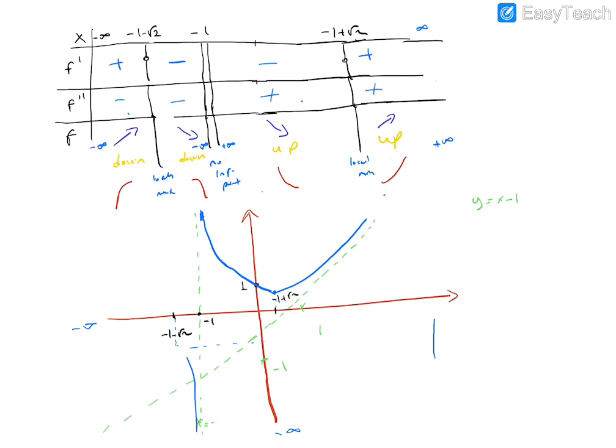I will update this graph, since it approaches the y equals x minus 1 line when x goes to minus infinity. Here we should start somewhere in that part. We know the shape, so increasing. So this is the function where this is a local maximum, and it starts to decrease and concave down. So our graph is like this one. Okay, this is the graph of our function.